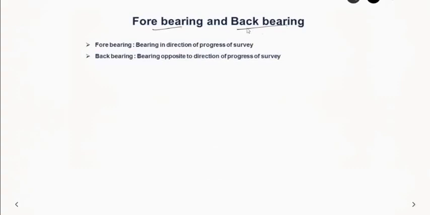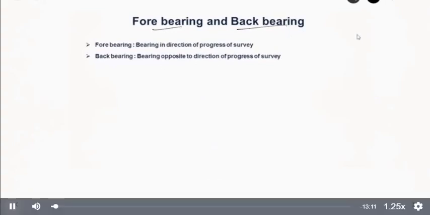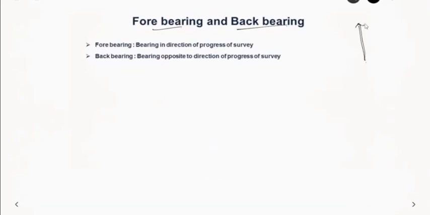Bearing, and also we'll see how to calculate angles from bearing, and later we'll see about local attraction. So we saw that bearing is nothing but an angle with respect to a reference meridian. If suppose this was your reference meridian and you are measuring this angle of the survey line OA, so this is your bearing, which helps in giving you the direction.